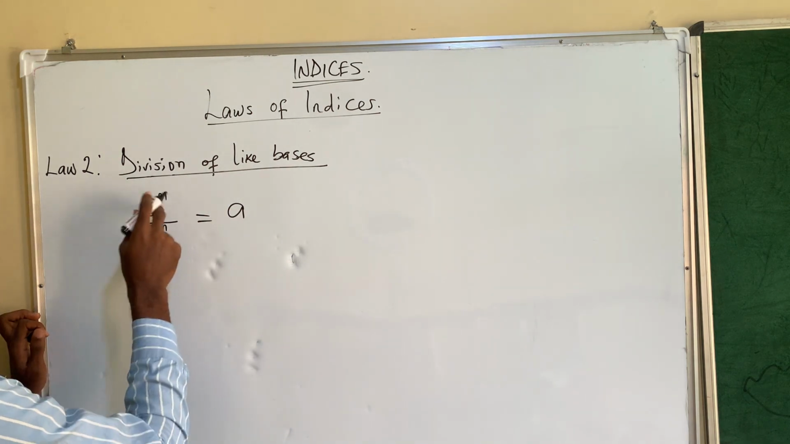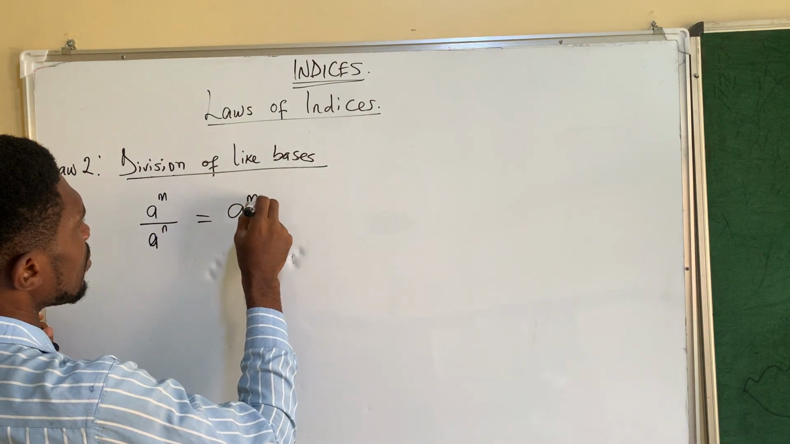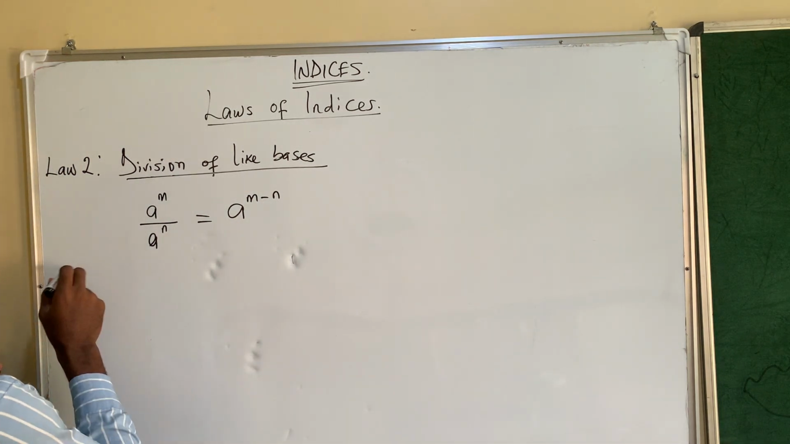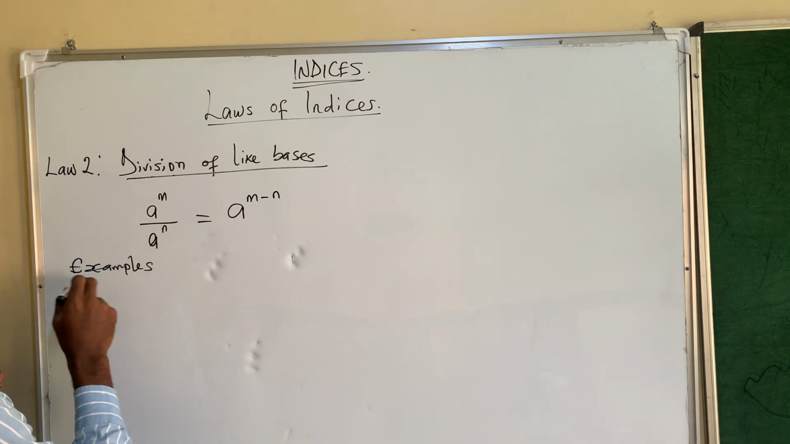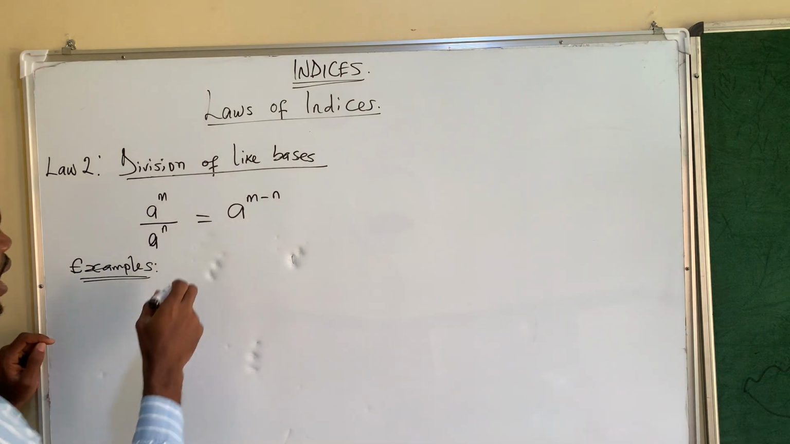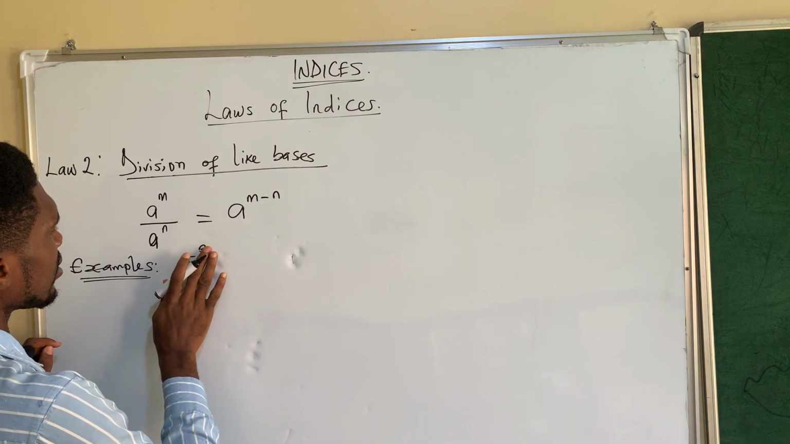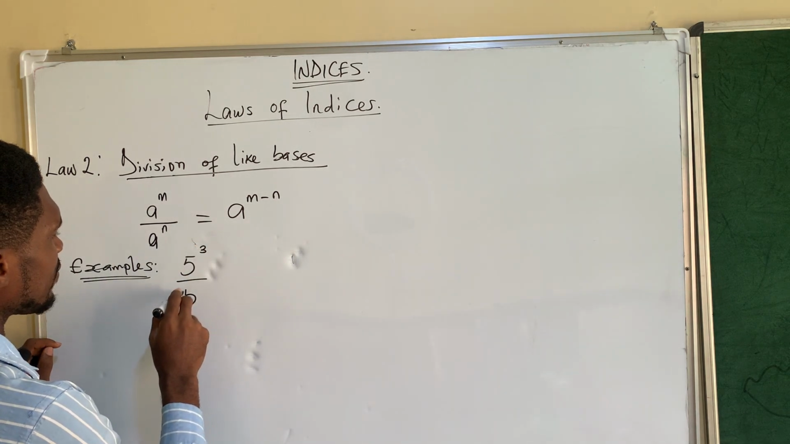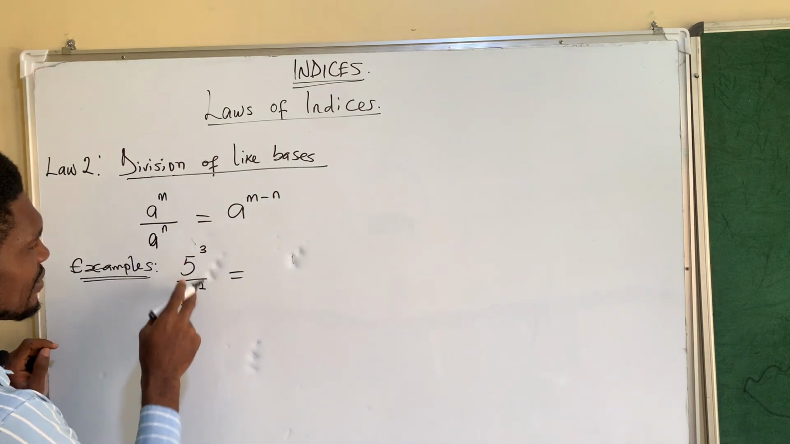Since they are like bases, a and a, we say a raised to power m minus n. Okay? Now let's give some examples. So let's give some examples. If we have 5 raised to power 3 over 5 raised to power 2, we'll have it as, since they are like bases, 5 and 5, so we'll